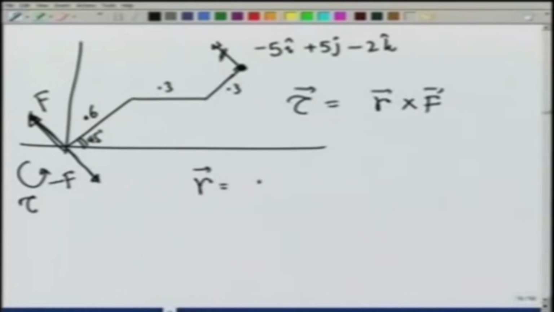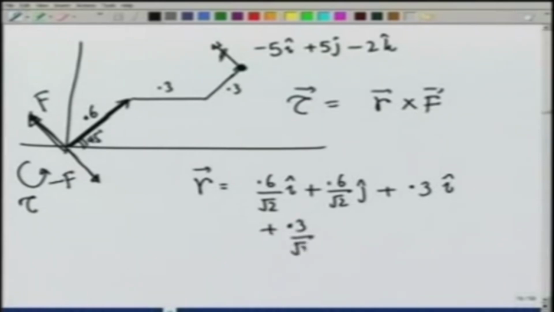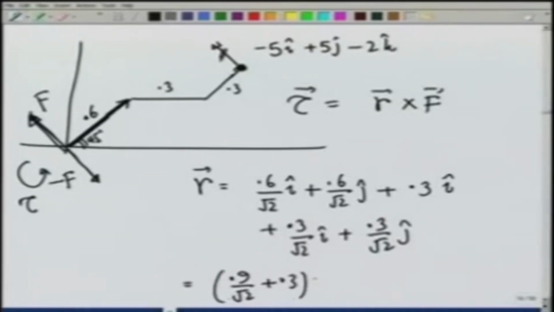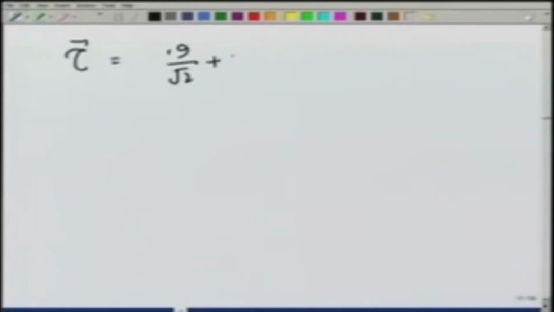It is going to be equal to 0.6 over root 2 I plus 0.6 over root 2 j, that is the vector from here, the first part of the gear handle, plus 0.3 I plus 0.3 over root 2 I plus 0.3 over root 2 j, and therefore, the total vector is 0.9 over root 2 plus 0.3 I plus 0.9 over root 2 j, and therefore, the torque is going to be equal to 0.9 over root 2 plus 0.3 I plus 0.9 over root 2 j